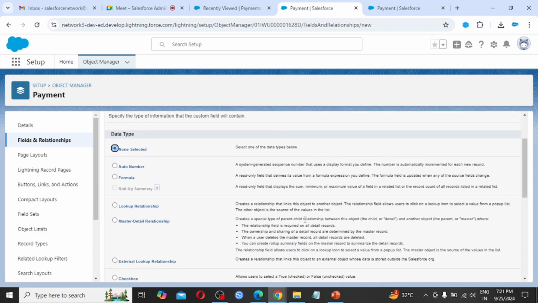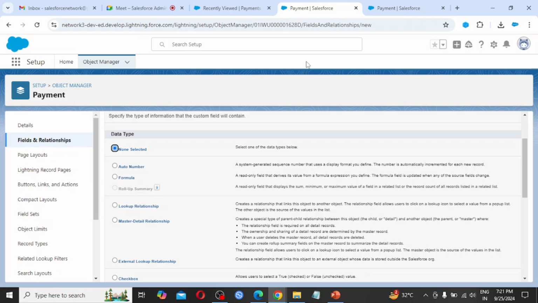So see, Salesforce is not giving the possibility of creating the roll-up summary field if you have created the master detail relationship on that particular object. So this roll-up summary field is disabled. You can't create the roll-up summary field on the child object. If you try to create it, again you can't, because the roll-up summary field is disabled on the child object.